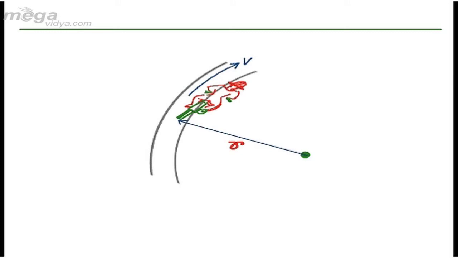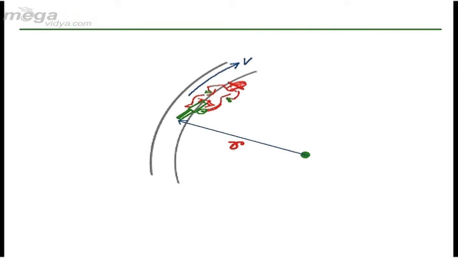Now, when we take the reference frame on the bike itself, then as the bike is moving on a circular track, the bike has a radial acceleration which is given by v square by r,